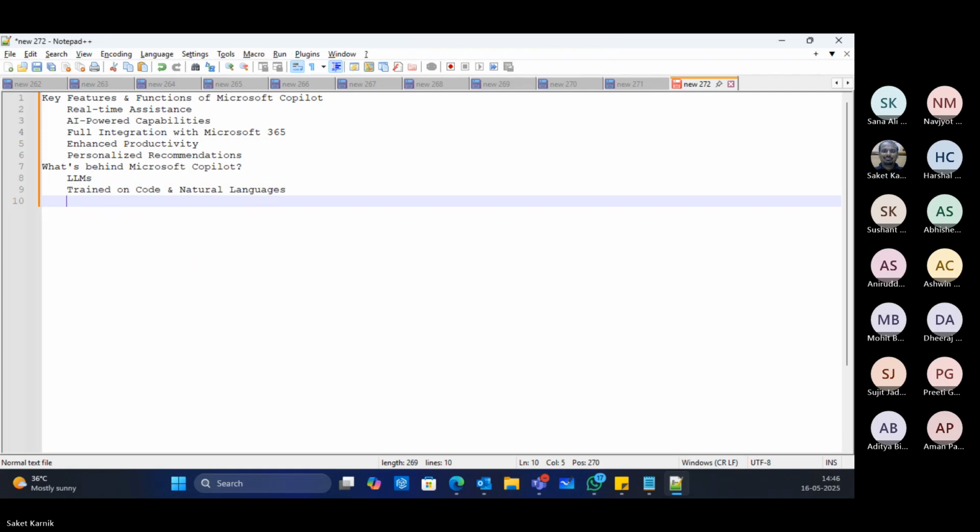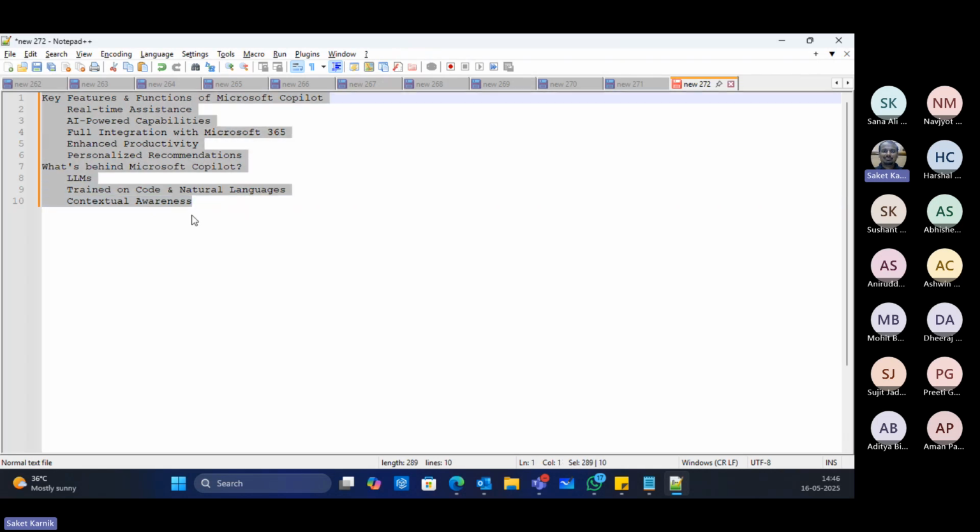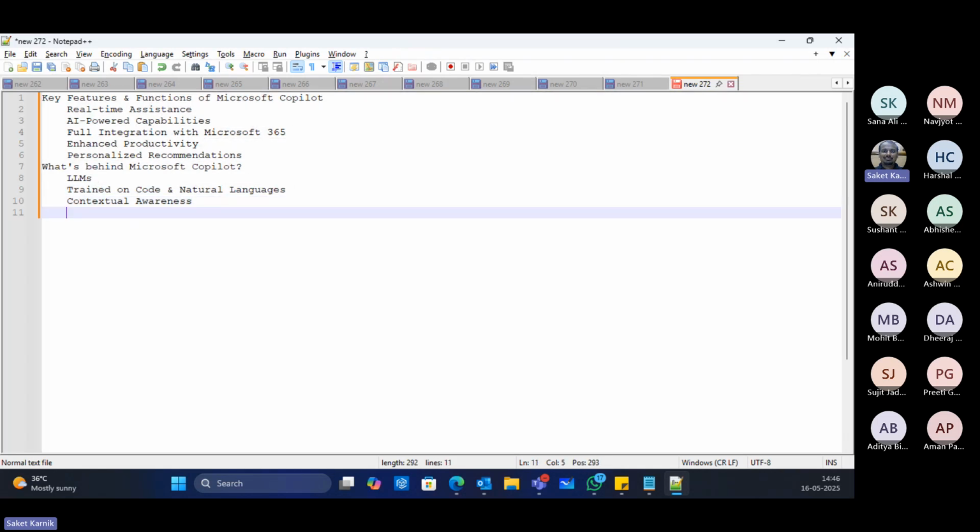Okay, then it has contextual awareness. So as I'm typing this, if Copilot is enabled here, it automatically keeps track of what is in there, and based on that, automatic suggestions are given. And overall summarized content is also built behind the scenes, so that the moment the user asks to give me the summary of all this, it just generates that summary in almost real time, right? Because some background work always keeps on happening. Then we have